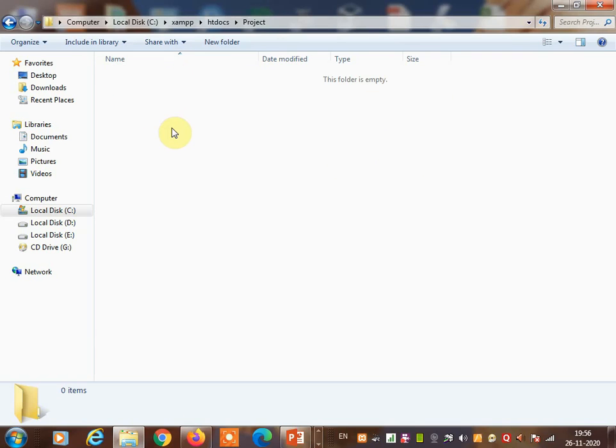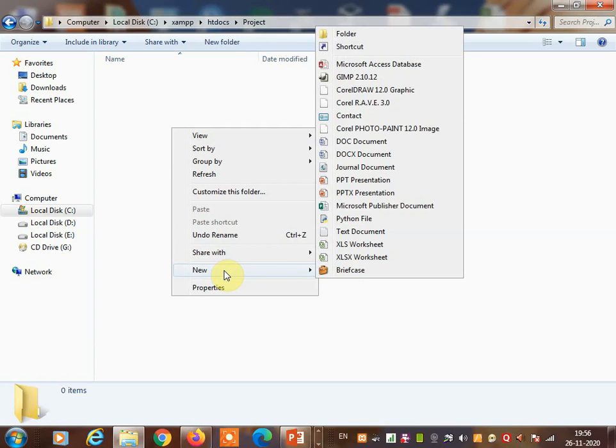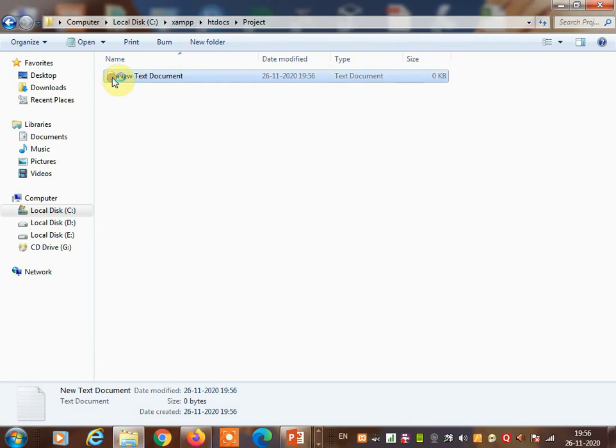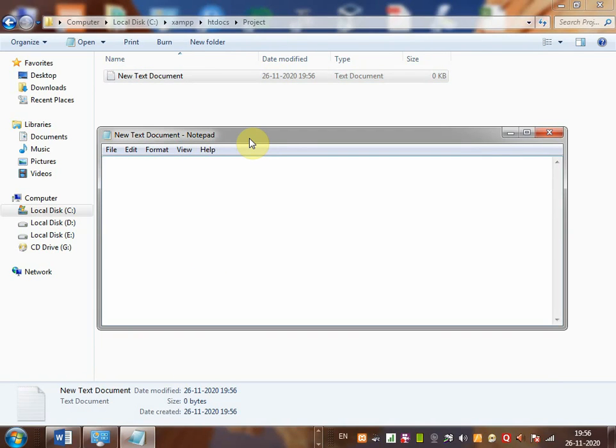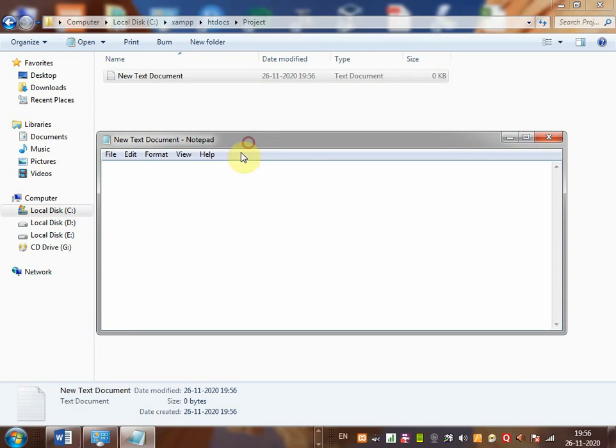Once you open this, right click and go to new and create a text file, for the first PHP program. You are going to open a text editor over here. So double click and open Notepad or any other text editor and save your file. Now I open Notepad, so you can also open Notepad and write the first program by using your HTML tag. So I'm using the first HTML tag, that is !doctype